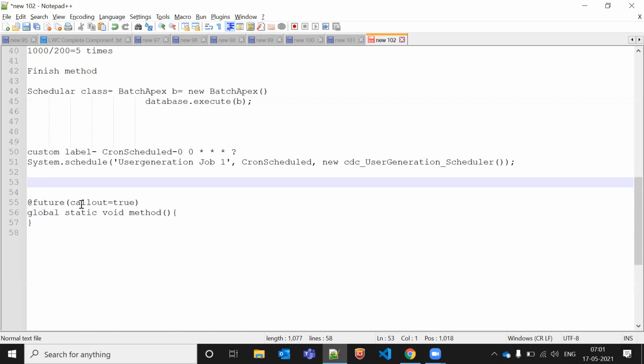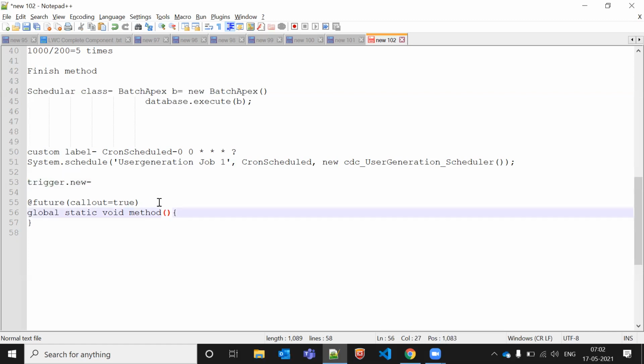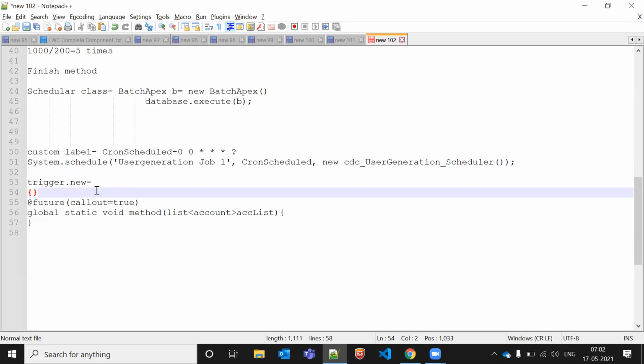And this method will be called in the trigger. But you know, in a trigger we have Trigger.new, which returns the new records. New records means they are related objects. So if you are not able to pass the object, how can we pass Trigger.new, like a list of account or contact records? What I will do here is first serialize the data in JSON format. Whatever data I'm getting from here, I will convert all of it to JSON format first.